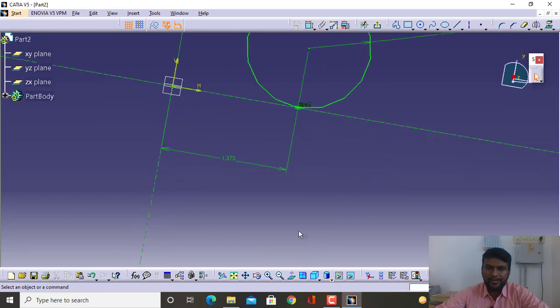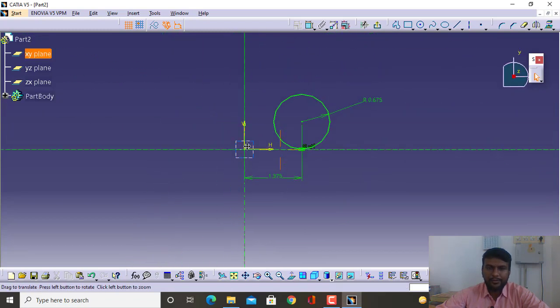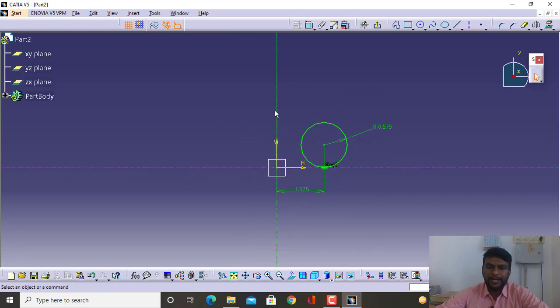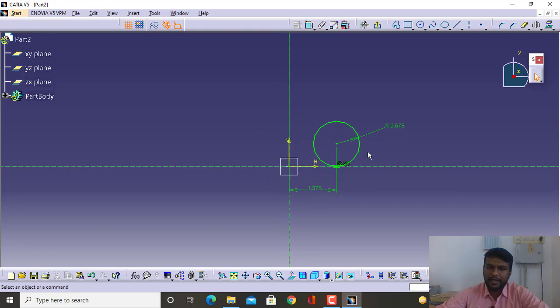Once all the dimensions are defined, the benefit of this software is that the color changes. White color means that it is under constrained, not sufficient dimensions are given, while the green color indicates that all the sufficient dimensions are given to make the degree of freedom 0. And if you give an extra dimension that is not required, suppose this dimension is already given and we give one more, it results in over constraining of the sketch.